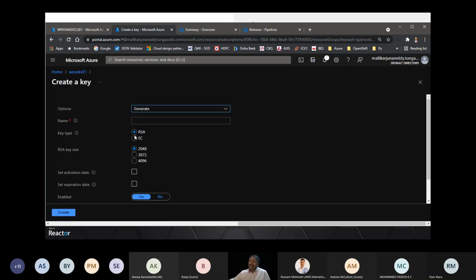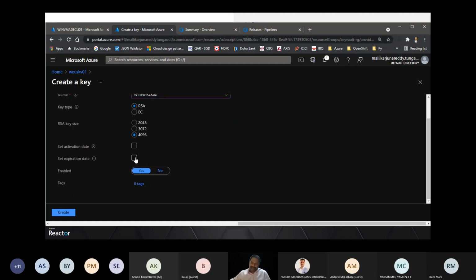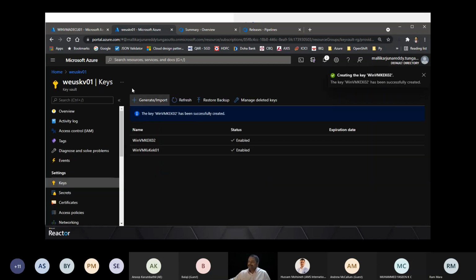If you want to create your key, AK02, you can put your RSA size, whichever you want. In case you want to set an expiry date and do rotation of the keys, then you can set your expiration date. For this demo, I'm just creating a demo key here.